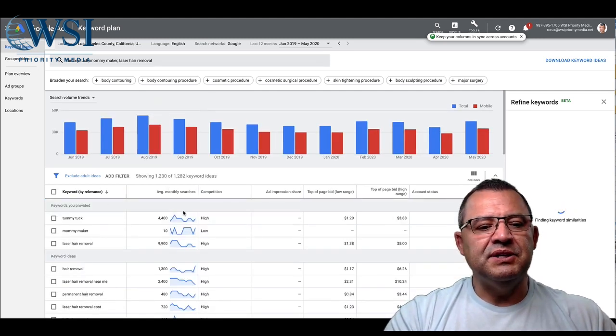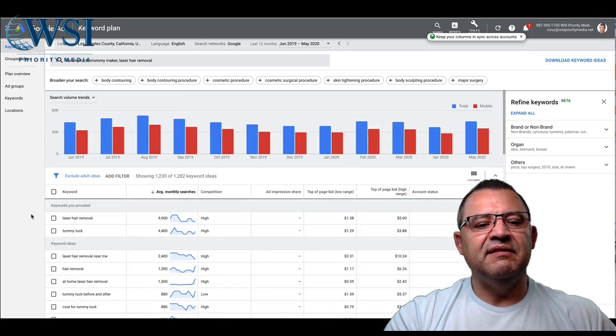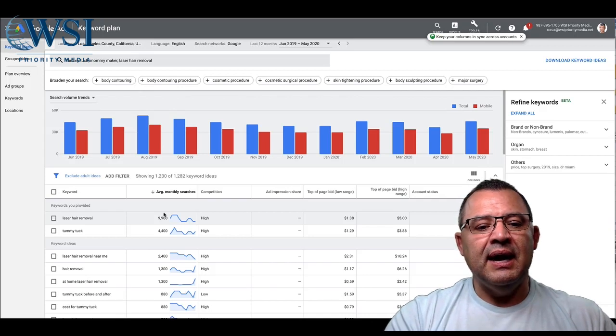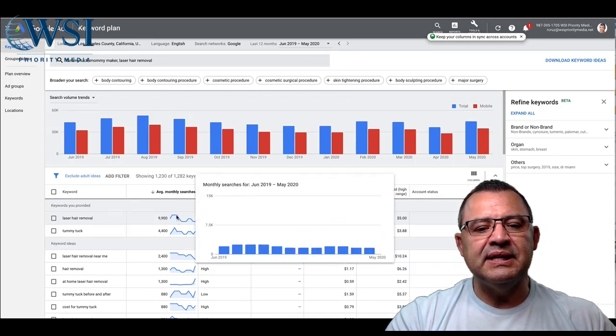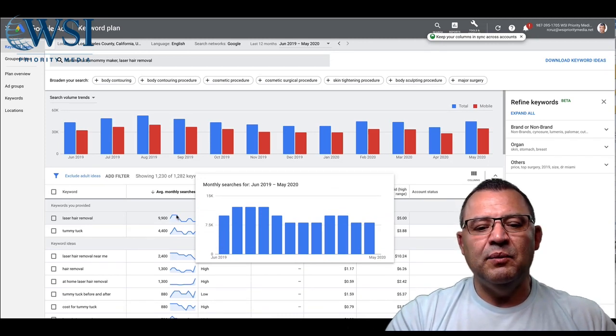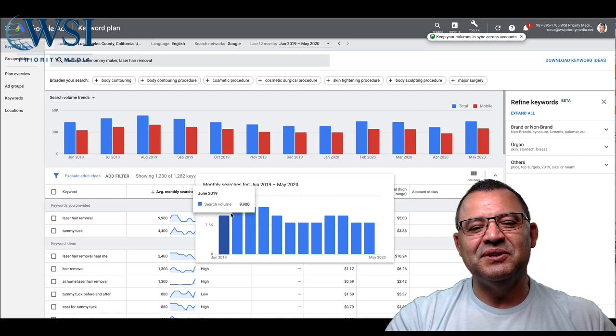Some of the information that I'm looking for here, right, is what's searched more. And this is giving me my seed keywords, right? Bam, laser hair removal. And look at what's happening here. It's got some volatility to it. As you can see, it's got some spikes. And look at where the spikes are, right? June, July, August, summertime. Summertime is when people are trying to look good.